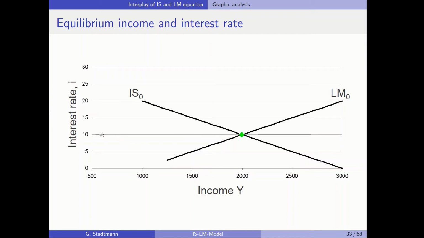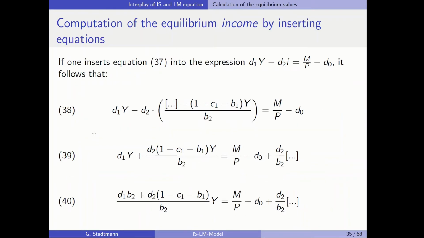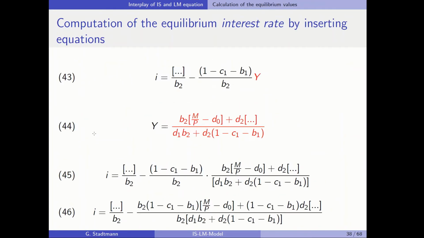In the next step, I'm going to compute the equilibrium level of the interest rate. Of course, this is also a longer procedure, and we have to perform some modifications. Let's switch to slide number 38. It is the case that we have computed the equilibrium level of GDP already, and we can insert the right-hand side of equation 44 into